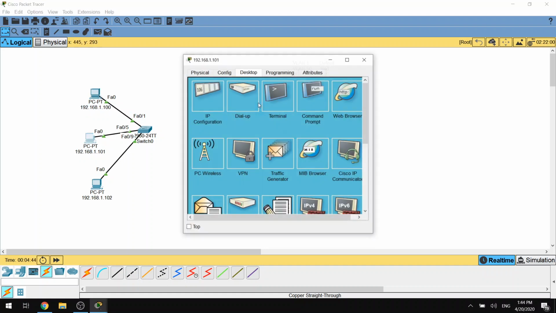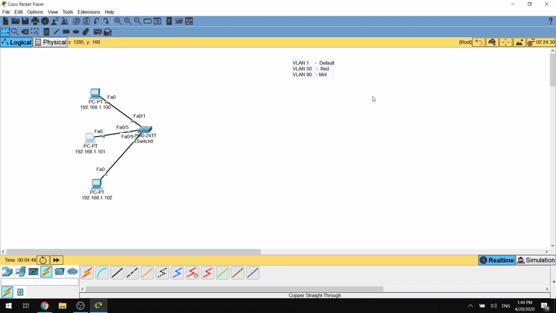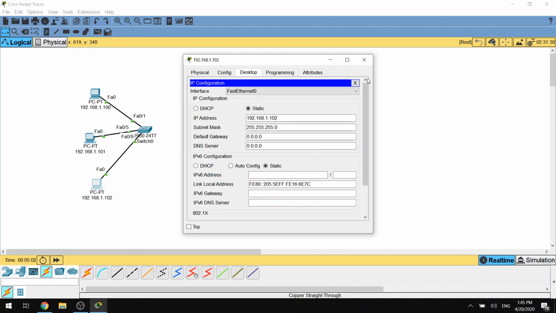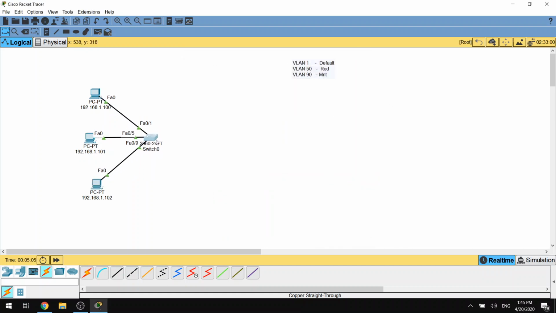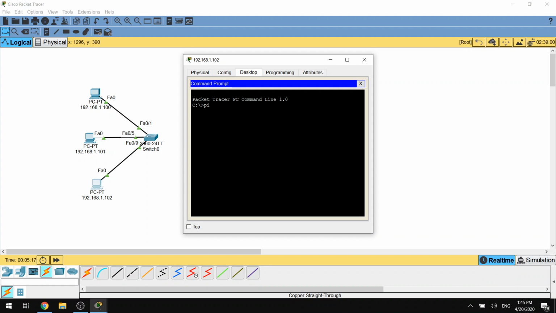Okay, good. IP address, okay, good. Remember, most of the time that you have a mistake is the typing of the IP address, and some of the devices cannot be connected in the network because of the typo error. So I'll check for the last one that I'm not having any error there. Now I've got 3 PCs connected to the same switch, so I should be able to ping all of them together. Let's just say I ping